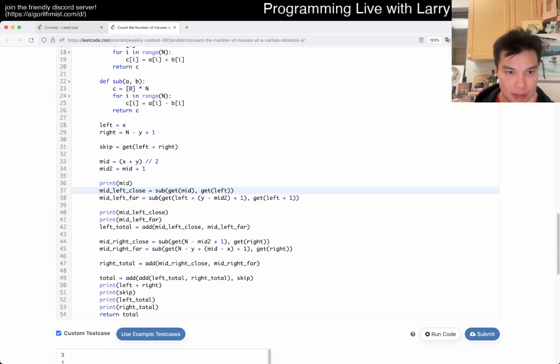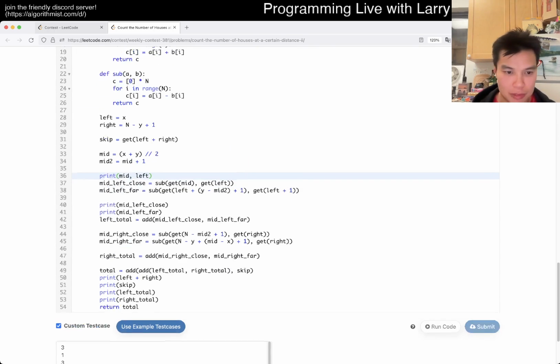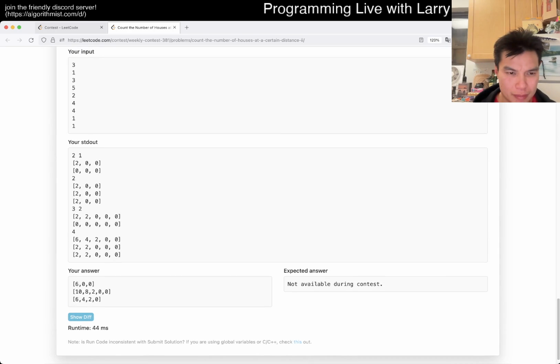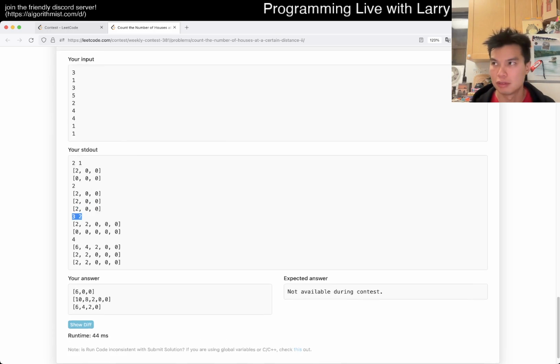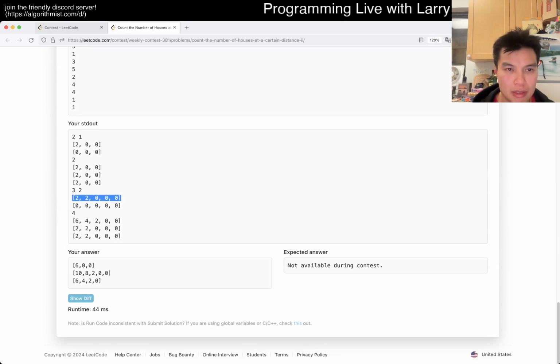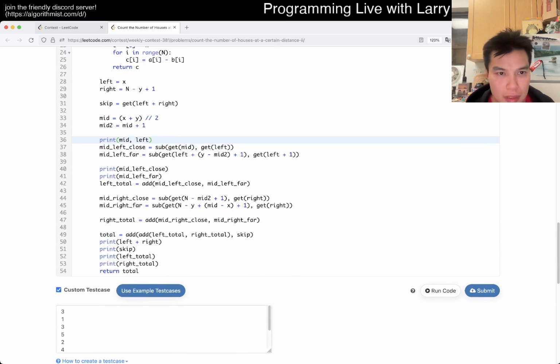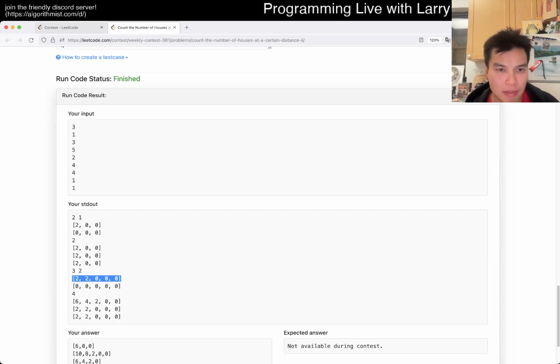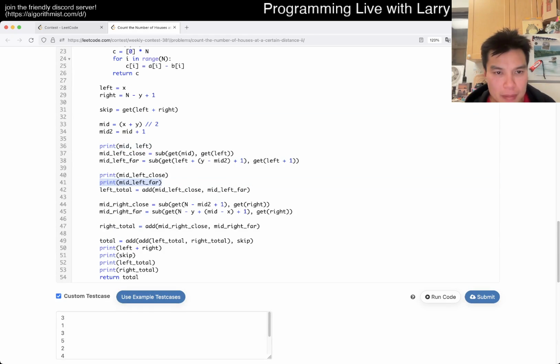So what is left again? Mid, left. Left should be 2. Okay, that's right. So why does this give me this? On mid left close, mid left right should be, this should be right, but